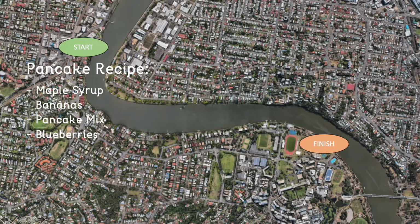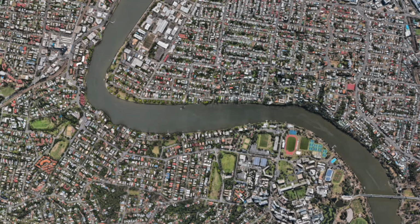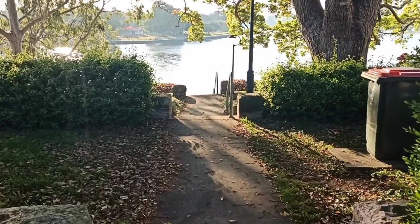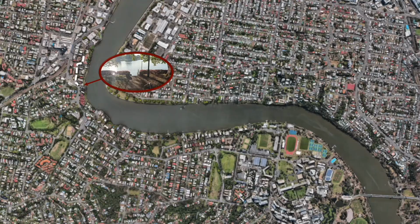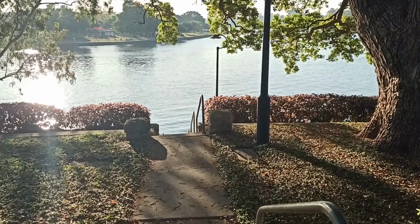It's also worth noting that when people use the Method of Loci, they often place information visually in a fashion that's bizarre or funny, as to aid their memorization and recall process. As I'm travelling along my route, I come to my first landmark, which is this nice hidden park that I often study at on my way to or from university. I'm going to place my reminder for maple syrup here. So I'll imagine that a big maple syrup bottle has appeared from the sky and is pouring syrup into the